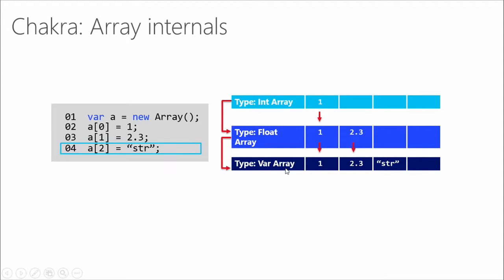Var array actually has the least optimization, but because you have a string, I have to give you that array, right? And then you put in a string there, you copy 1, you copy 2.3 from the previous float array in order to finish your data representation. So really, this is not something as end developers we have to worry about, but